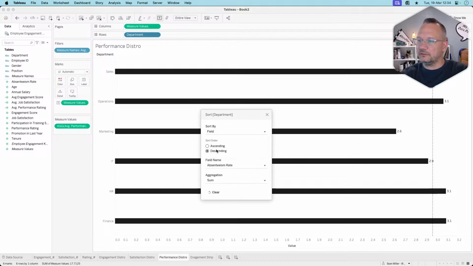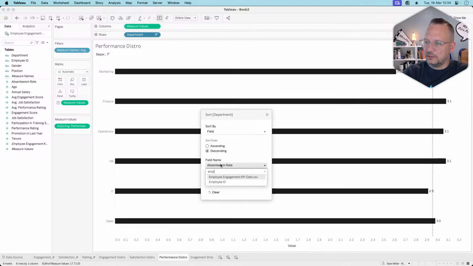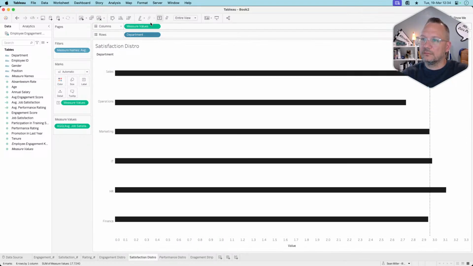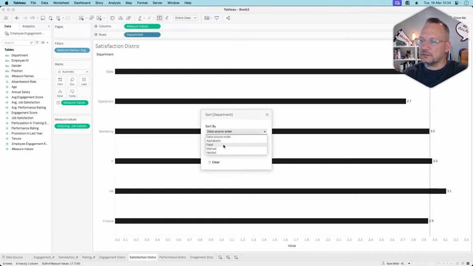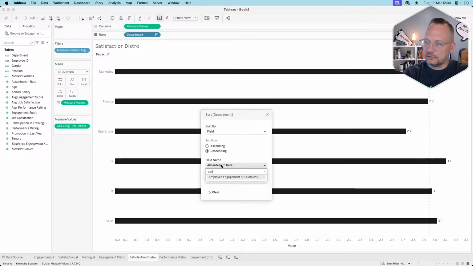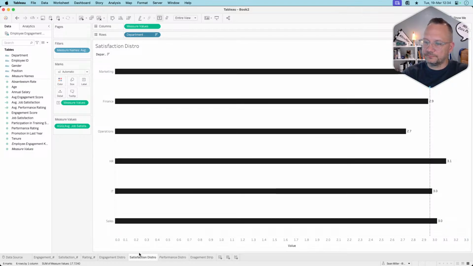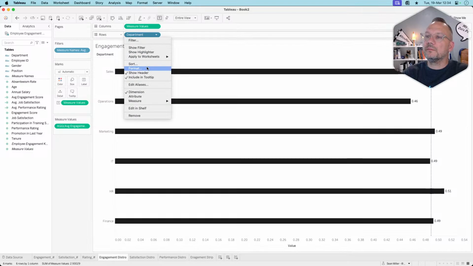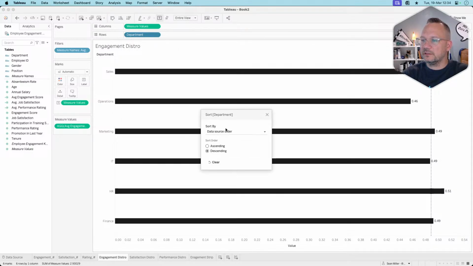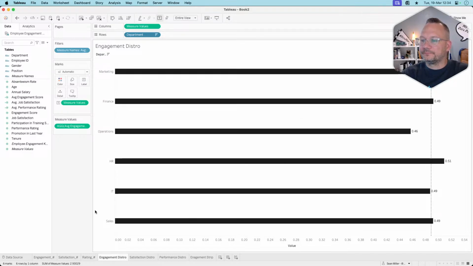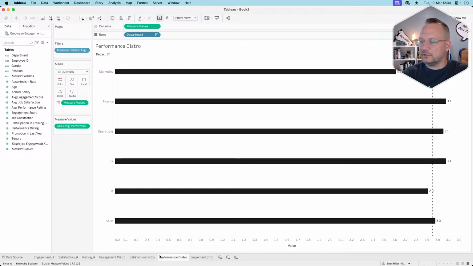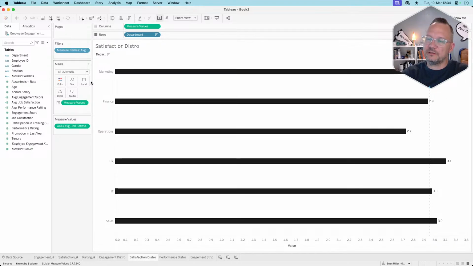So field descending on department sort descending on CSV. There we go. And so what this is going to allow us to do once we kind of get this,